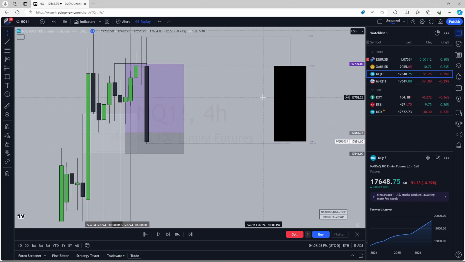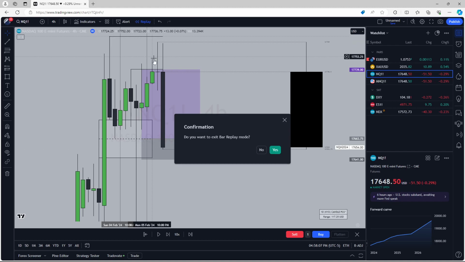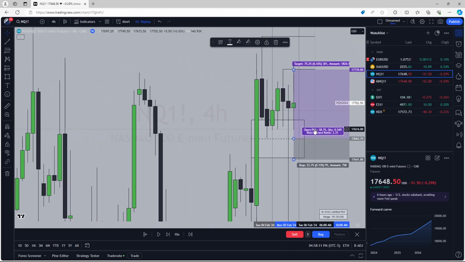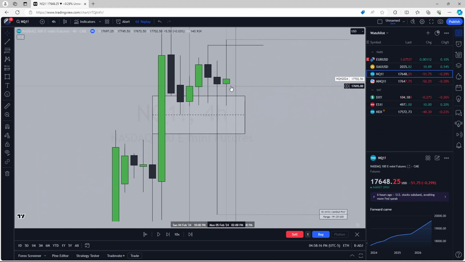Like, I know a bunch of people were shorting over here for previous day low, but I saw this 4-hour imbalance get respected, right? Once I saw this, I was like, oh yeah, people are done for, right? I knew people were going for previous day low. I need to study up on this. Yes, you do. Why did you not enter at the